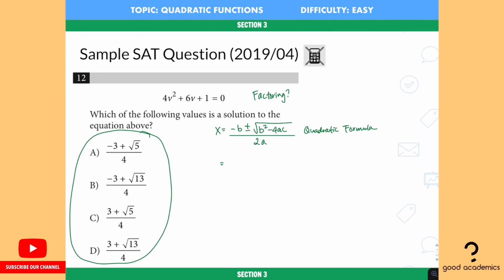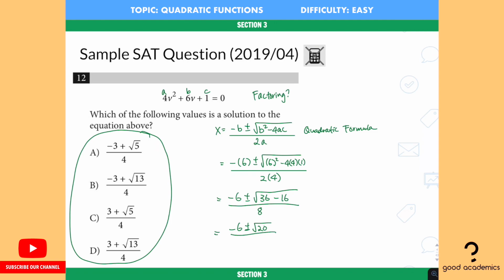So let's go ahead and say, all right, we will have the A, B, C values right here. So negative B is negative 6 plus or minus square root 6 squared minus 4 times A, A is 4, and C is 1, over 2 times A, which is 4. So just go ahead and compute these numbers very carefully. So you have 36 minus 16 over 8, and that is equal to negative 6 plus or minus square root